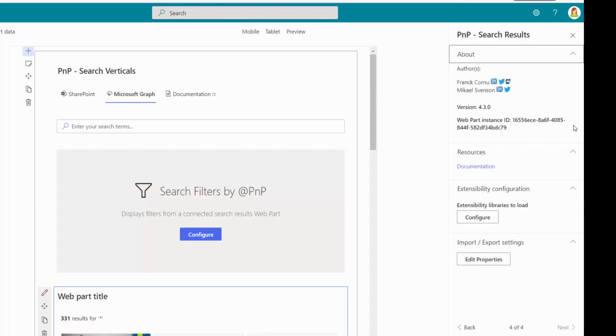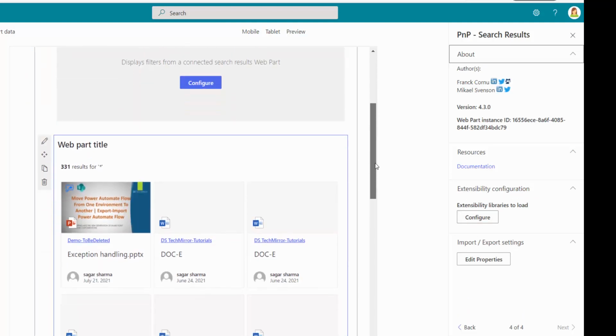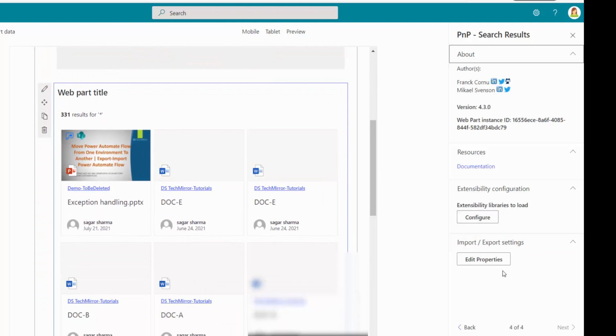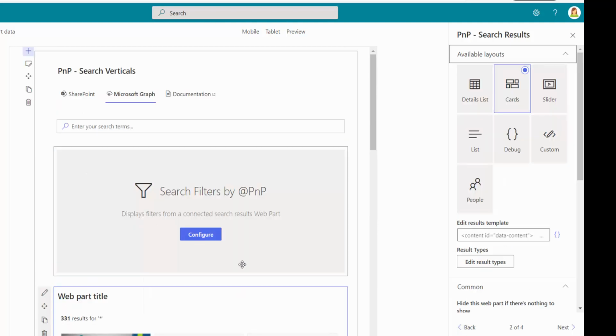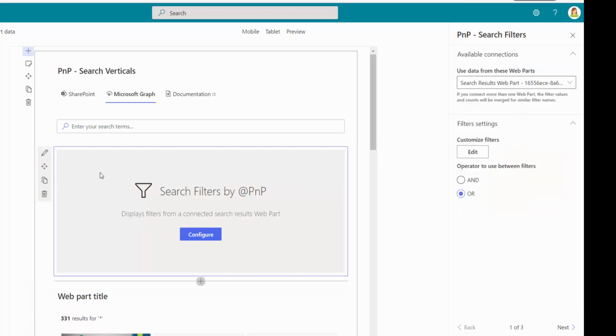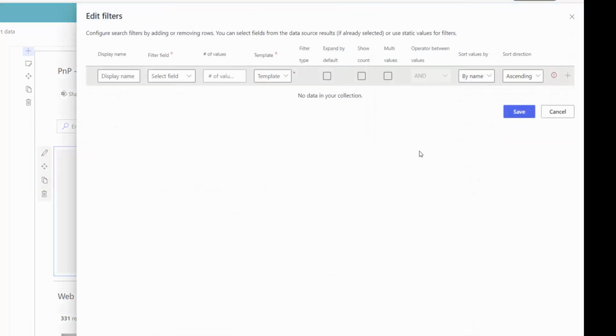Again, in the last page, we have the about information, a documentation link, and we have the extensibility configuration over here. You can extend the features for search webparts from here, and you can modify the properties from here. This import export properties feature will not be present in the previous versions of this modern search solution provided by the PnP. This is available in this version 4.3.0. Now, since this configuration is complete, we are moving back to the search filter, and in the search filter, now if I edit the customized filters, you can see,